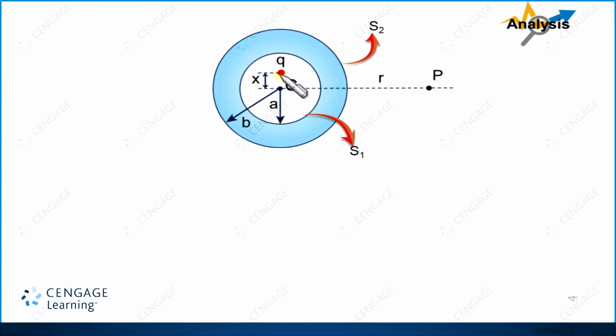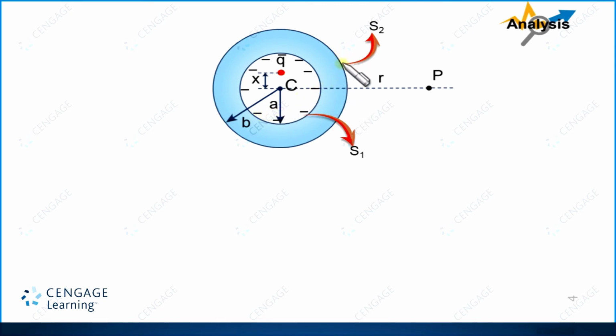Now what will happen? Charge will induce on the inner surface of this cavity. The magnitude of the charge appeared on the inner surface will be equal to small q, but the sign should be opposite. That means negative charge appears on this surface. And another thing to remember here: the charge density of the induced charge will not be uniform. The charge distribution near the charge will be more. You can observe here the charge density here is more, and here charge density is less.